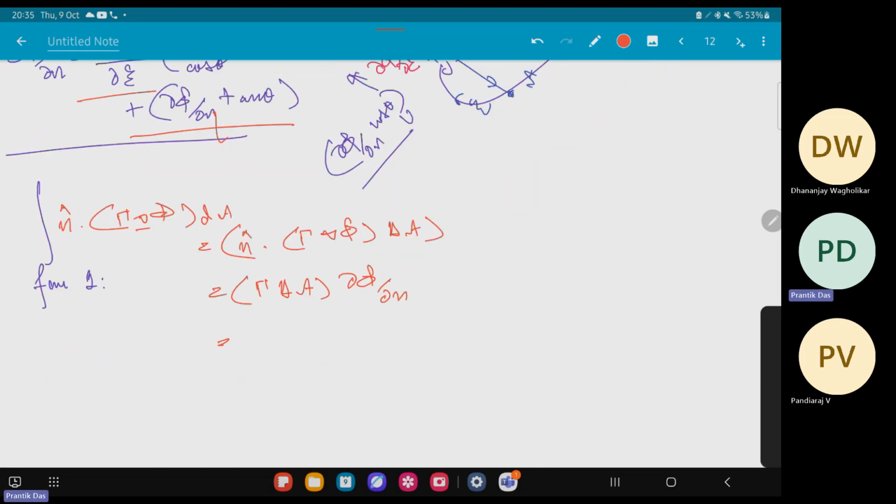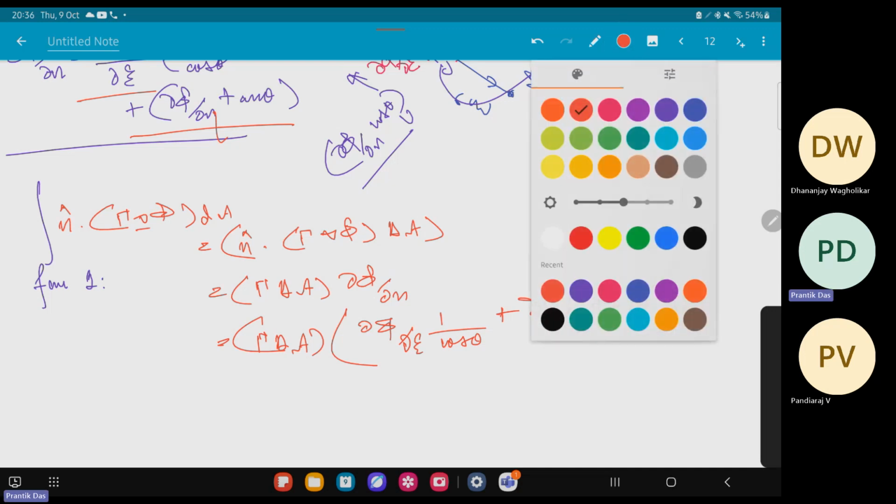So this will be equal to gamma delta a, d phi d zeta divided by cos theta plus d phi d eta tan theta. Okay, so this can be easily written like that,